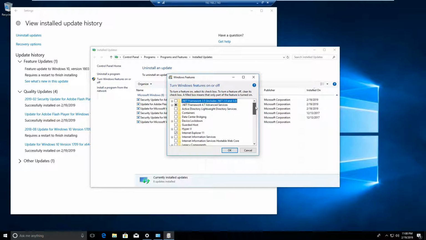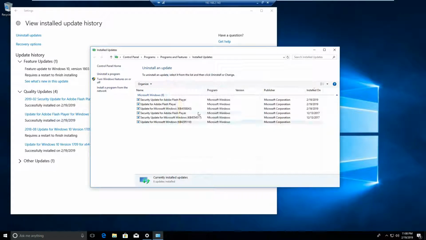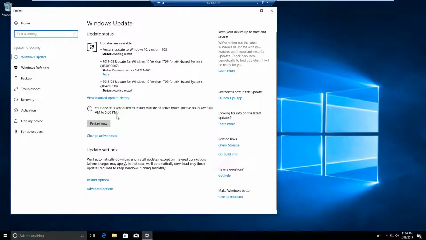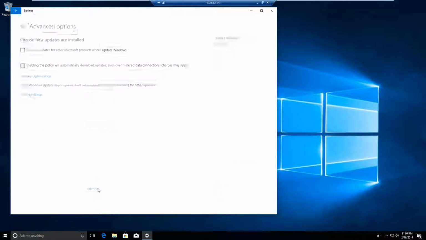So I could actually go to the server to decide where I want these update features to be on or off, right? So Windows, yes, I can't turn it off here. But this is essentially where you would go to decide what you want to do if you want to uninstall an update or make any type of changes to these updates as they occur, which is one of the many functionalities that you have. However, let's say I had a 6, 7, or 8 Windows machine that sat on a server, right? It would be very annoying to come in here and install the updates and really manage the updates,